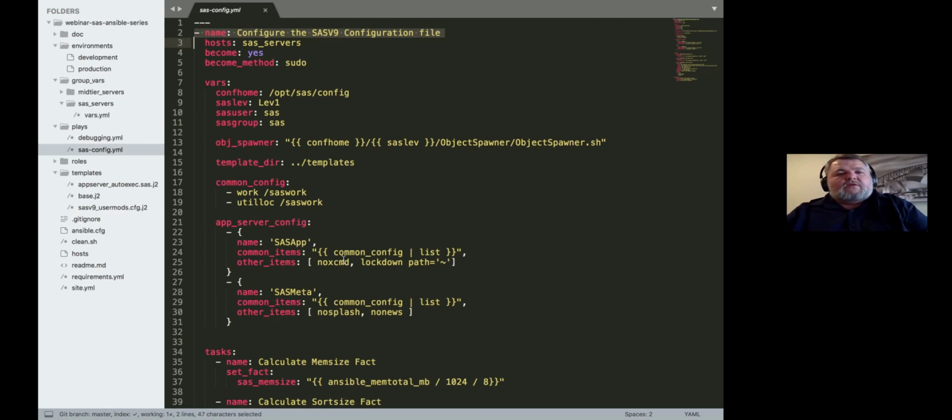At the top of every Ansible file, you normally start, well, as of Ansible 2.2, it was mandatory to actually have a name parameter for your playbook. And then below that, you generally define the hosts that this is applicable to. So this is applicable to my SAS servers group. If you think back to the inventory that I just showed you,